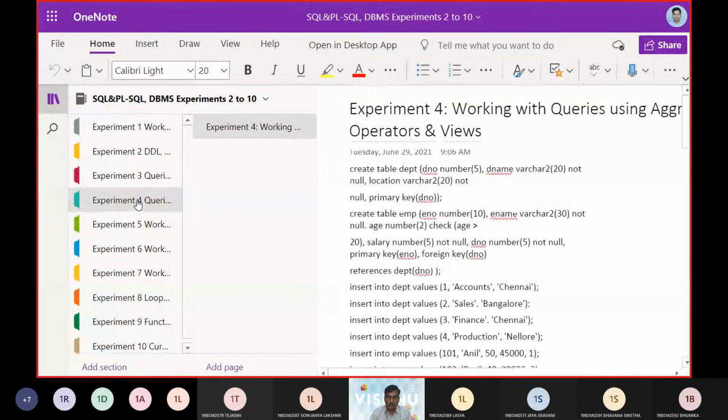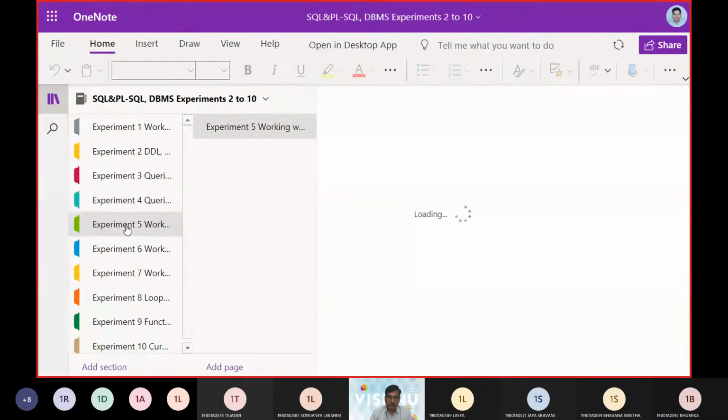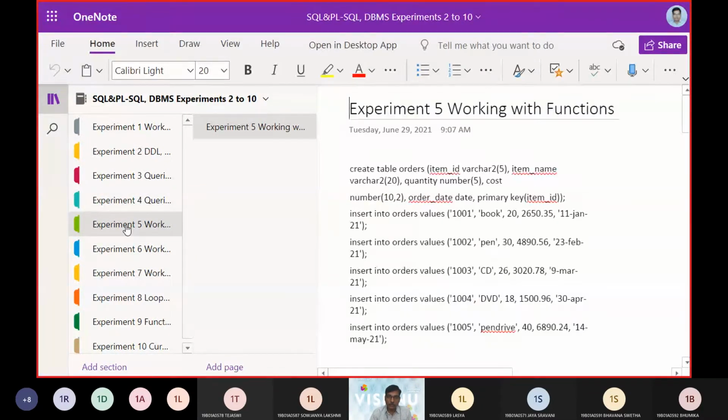Thereby, we worked with the aggregate operators, views, etc. And then we worked with different types of functions. So this is all that we have taken up in our earlier exercises.